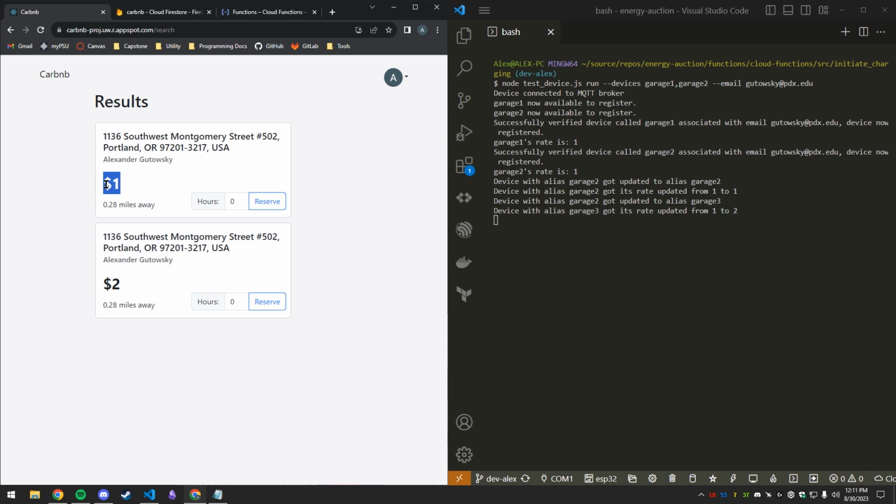So I'm going to go for the one for $1 an hour, and maybe reserve that for 2 hours. And this is done in an instantaneous mock fashion for the demonstration, but this would be the point where a device is reserved so you can arrive at its location and begin charging. So I'm going to click on reserve,